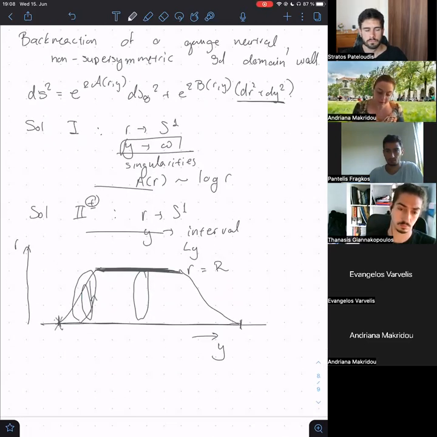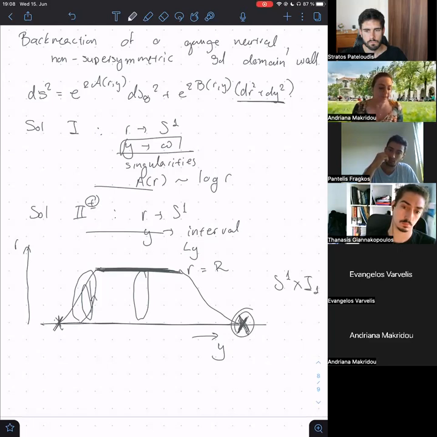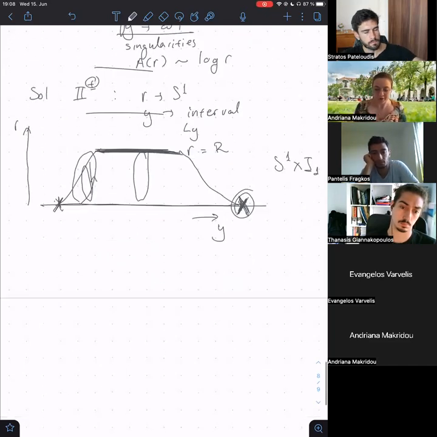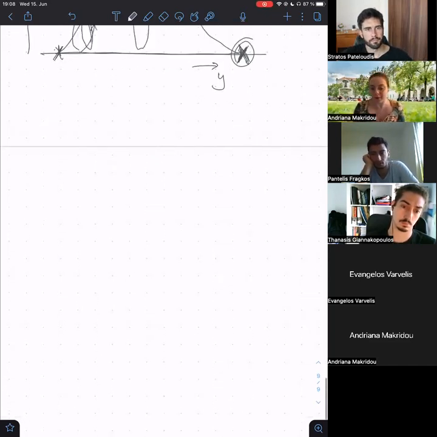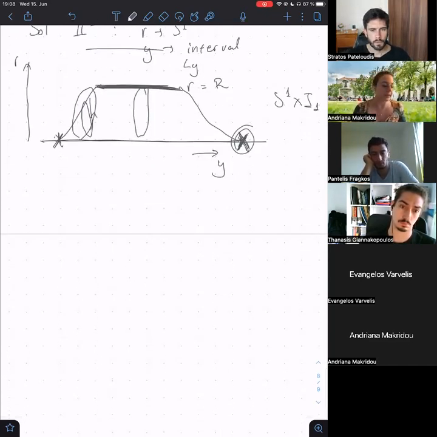And since you have finite length, you expect that you can place your cobordism defects exactly at the ends of this interval, since your topology now is, I don't know, S1 times interval. And this is the expectation. And now, how to view this in terms of cobordism groups. Let's say, okay, probably we have the circle here, so this could be related to the cobordism groups of the circle.